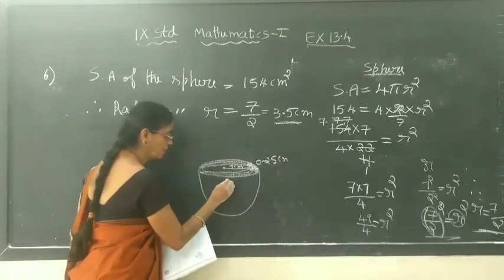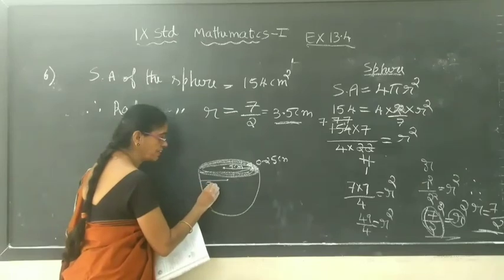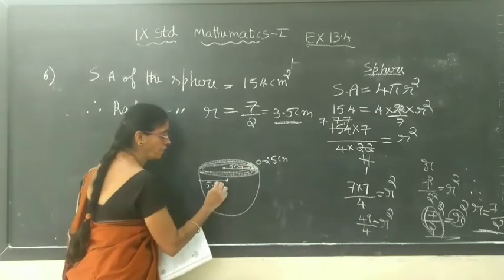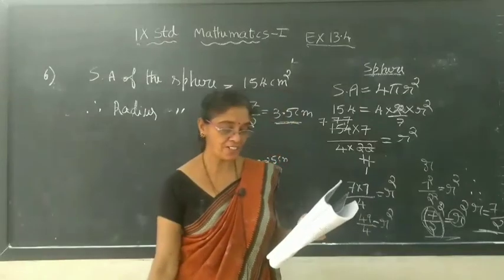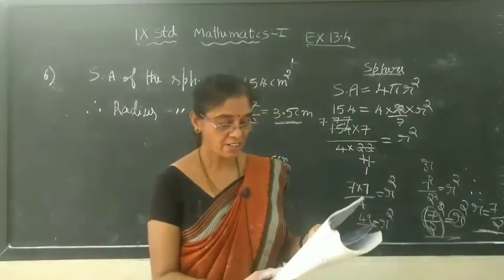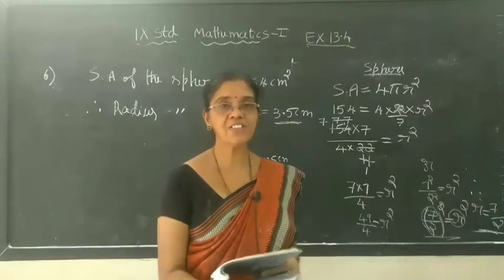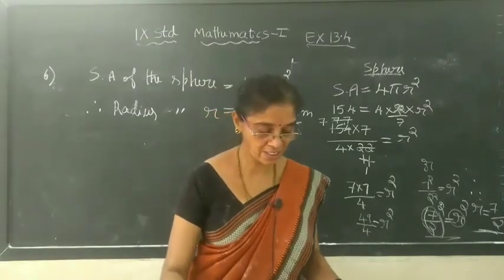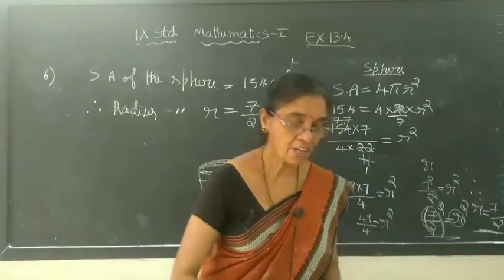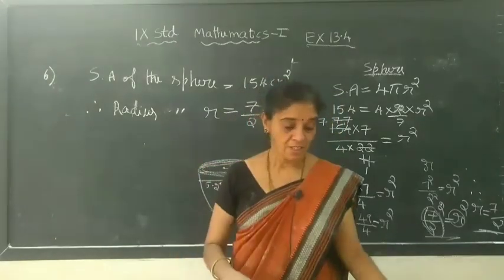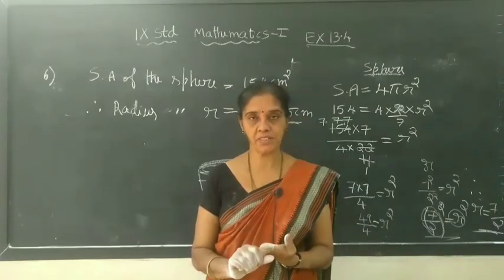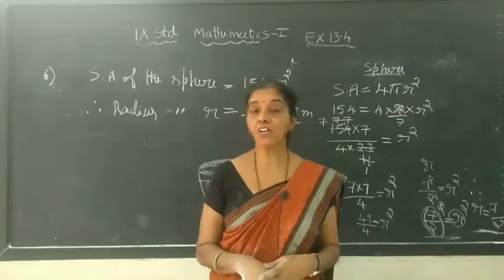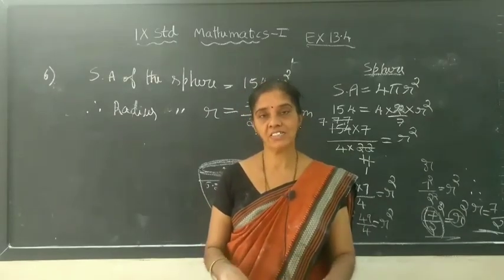If you want the outer radius, it is 5 point, from here to here is 5 point. If you add these two, you will get 5.25 centimeter. So you have to take the radius 5.25 centimeter and find the curved surface area. So that is the homework. Okay, I hope you understood the surface area of a cone, then cylinder and sphere. In the next class, we will find the volume of the solid figures. Got it, children? Thank you.